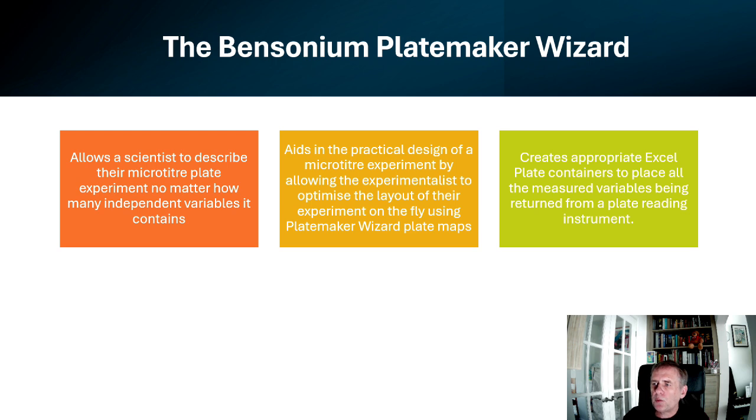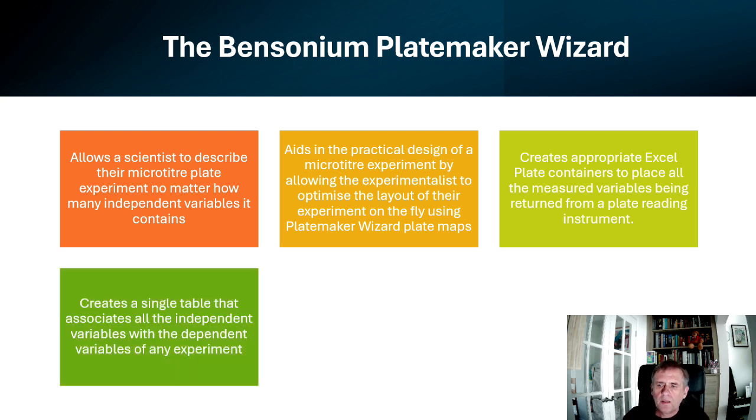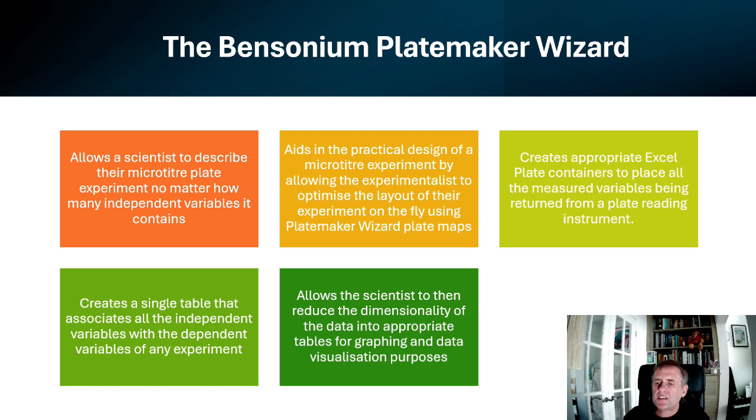Thirdly, it creates the appropriate Excel plate containers to place all the measured variables being returned from your plate reading instrument. Fourthly, it creates a single table that associates all the independent variables with the dependent variables of any experiment. This then allows the scientist to reduce the dimensionality of the data into appropriate tables for graphing and data visualization